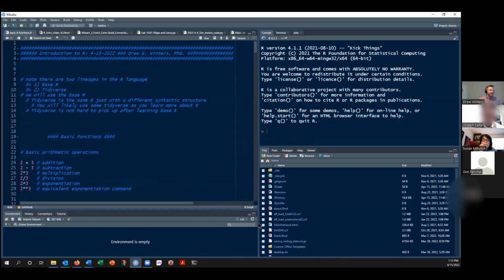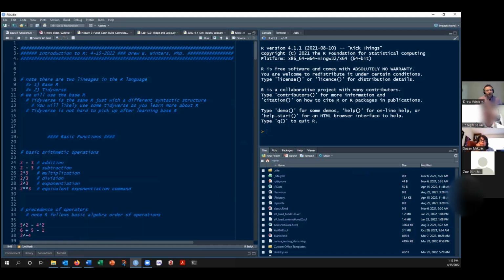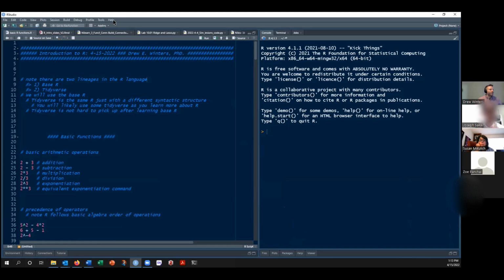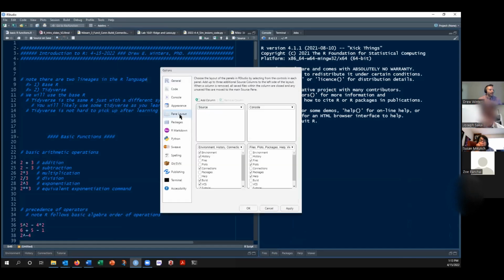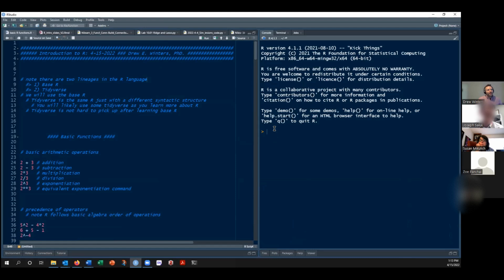And the reason for that is it's much easier for me to demo R where I can run code here and it's immediately evaluated over here instead of having to look down here at this window. I also prefer it this way. You're welcome to change that as well if you go into Tools, Global Options, Pane Layout. You can see source window, console window. You can just point and click and drop down what window you want where. It's fairly easy to modify, but I did this to make it easier for us as we do the